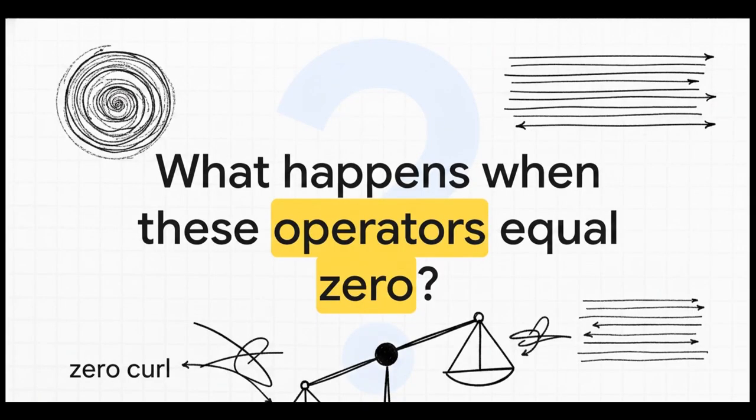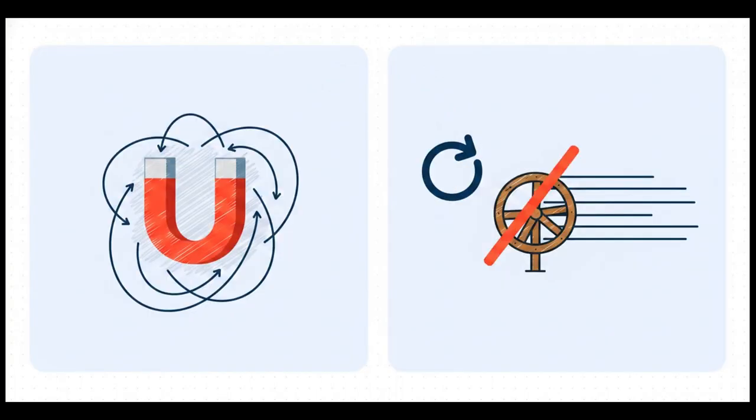So we've talked about what positive divergence and active curl look like, but let's pause for a second. Think about this crucial exam-style question. What actually happens to a vector field when these operators result in exactly zero? What kind of physical properties do these zero states represent? It is incredibly important that you know the exact terminology for these zero states, because professors absolutely love to test on this.